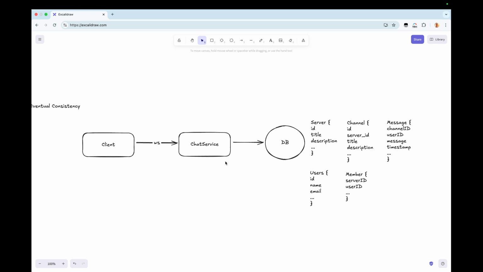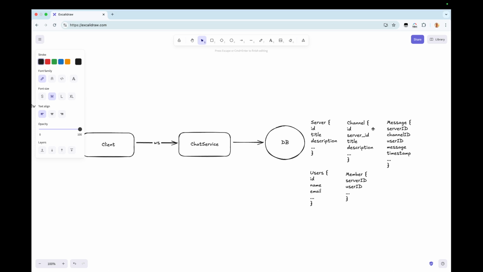So in our chat service, when the user sends a message, they will send us the message associated with a particular channel, so the channel ID. So first we need the server ID. This is important. If we get the message and we only have the channel ID, we need to look up the server ID for this channel ID.